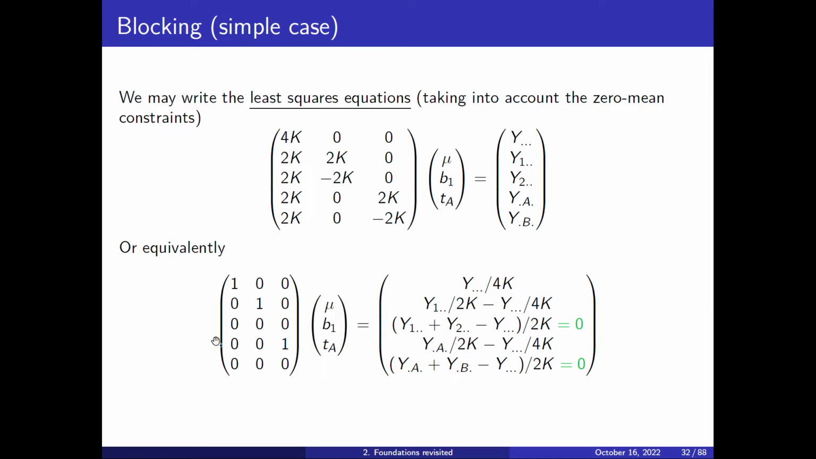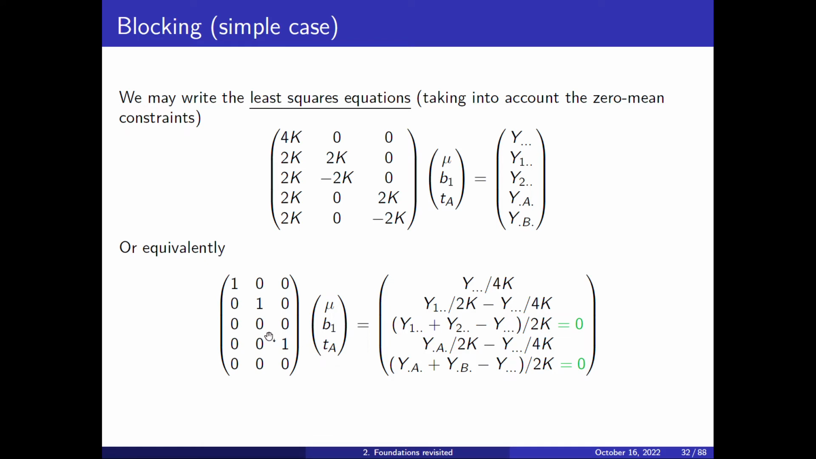And you may reduce this equation system. For instance, you can divide this line by 4k, and now you subtract this line from this line 2k times, and well, you reduce this left hand side to this thing, and then the right hand side reduces to this, and you have two